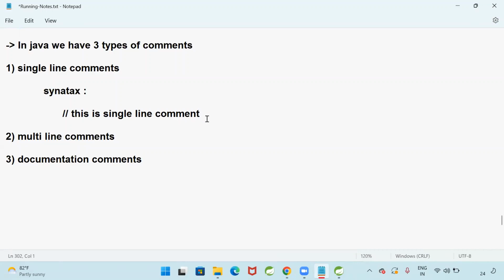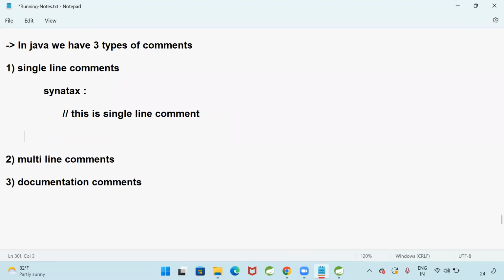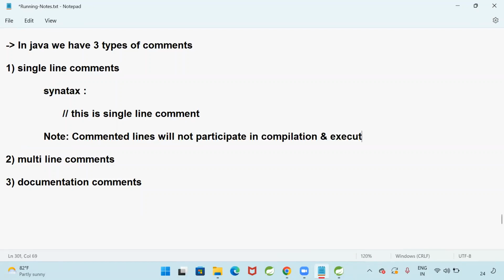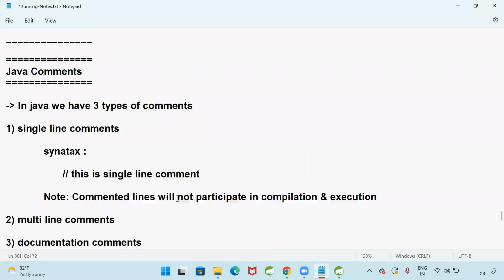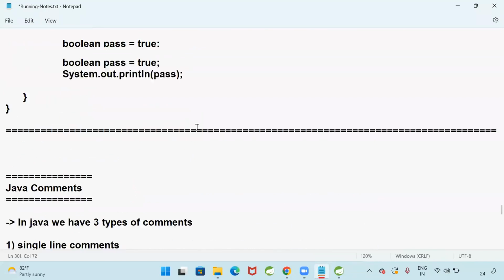Got my point? Commented lines will not participate in compilation and execution.